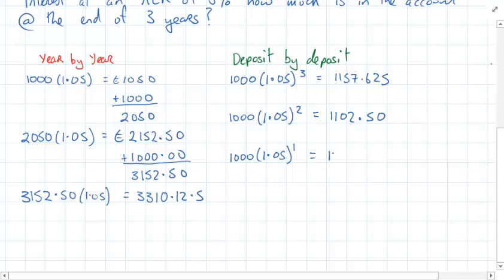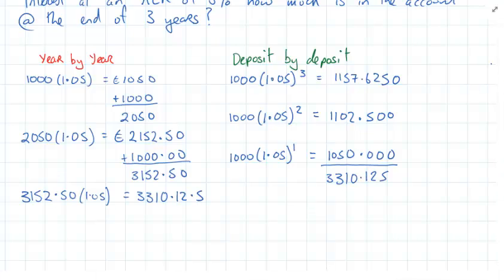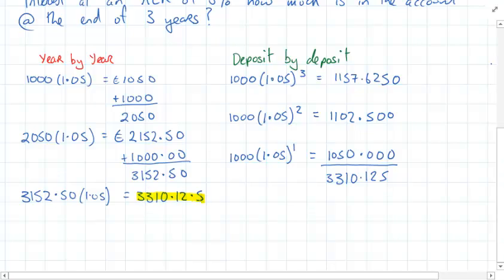So hence that's only going to be worth €1,050 at the end of the third year. So if I add up all of those, any guesses what my answer is going to be? Yep, you're right. So my answer is identical to the answer I got when thinking about this problem on a year-by-year basis. So instead of thinking about it on a year-by-year basis, we can think about it equally on a